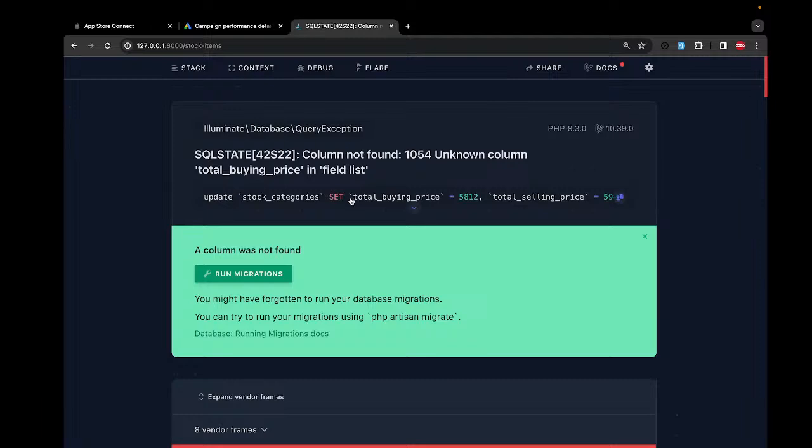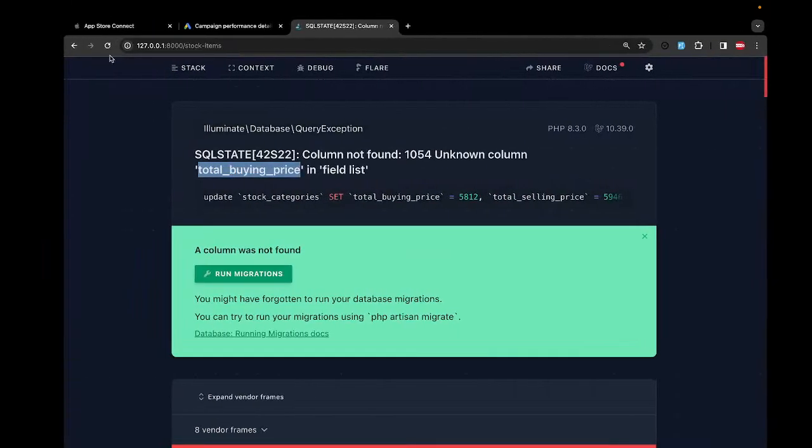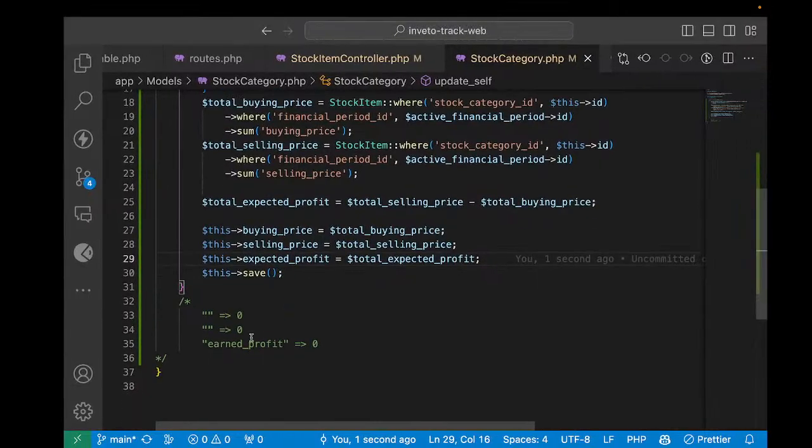So if I come here and refresh, everything is there. Total buying price. Sorry, it's supposed to be buying price, not total buying price. And also here, selling price, and then like this. Okay, so let's go and refresh. Everything is all right. So this profit, you shall come back to it when you have started working on